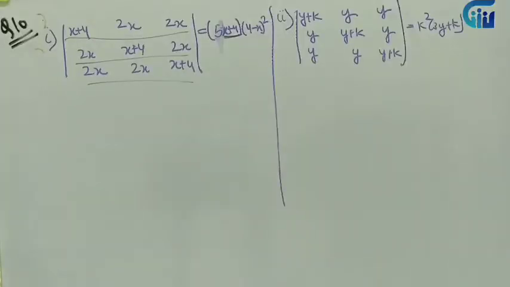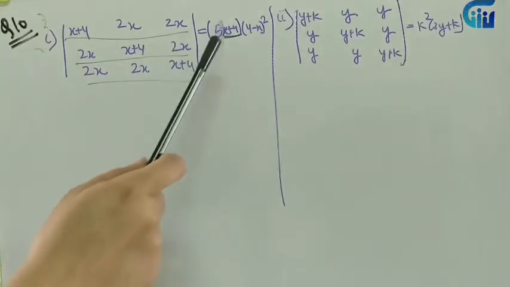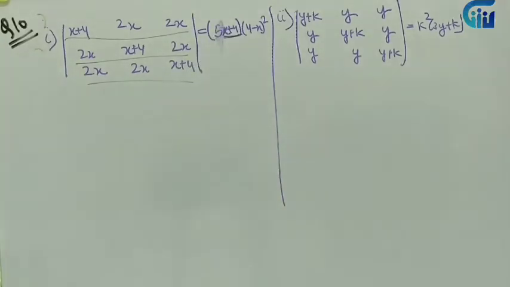So question number 10. It has 2 parts. So now let's try to work out strategy for this particular question. Now first thing that I'll think of is, can I take anything common from any row, any column? No, not clearly over here. Similarly, I don't have any ones along any column, any row. So what will I think of? Now again, I'll observe my right hand side. Right hand side, what do I get? 5x plus 4.